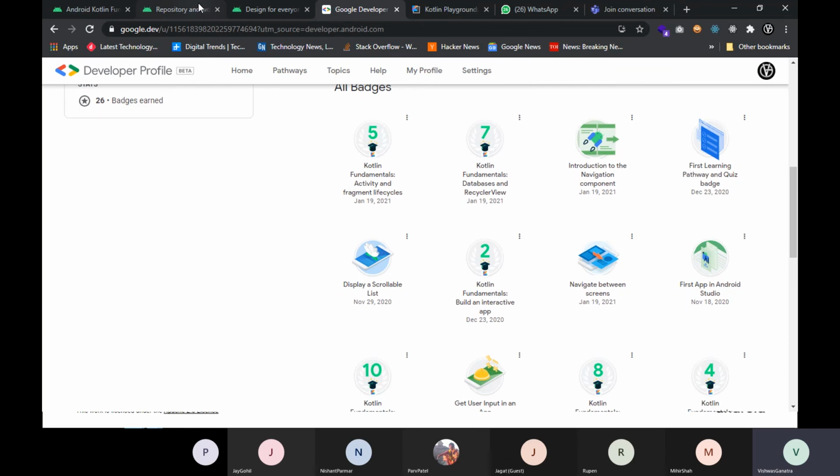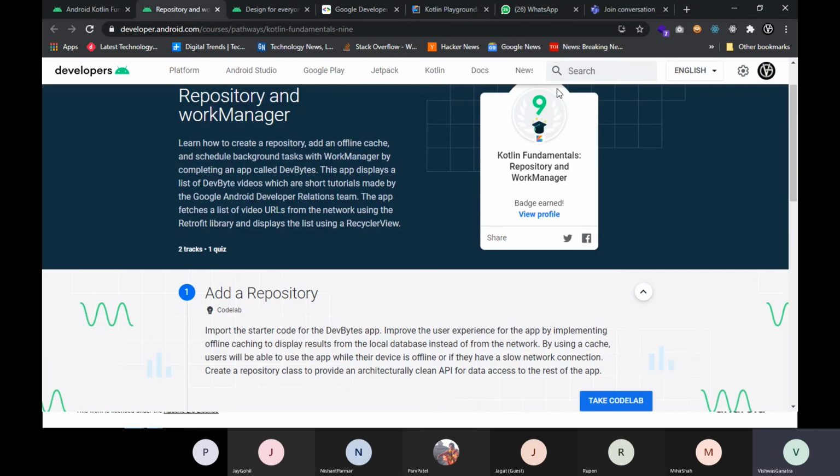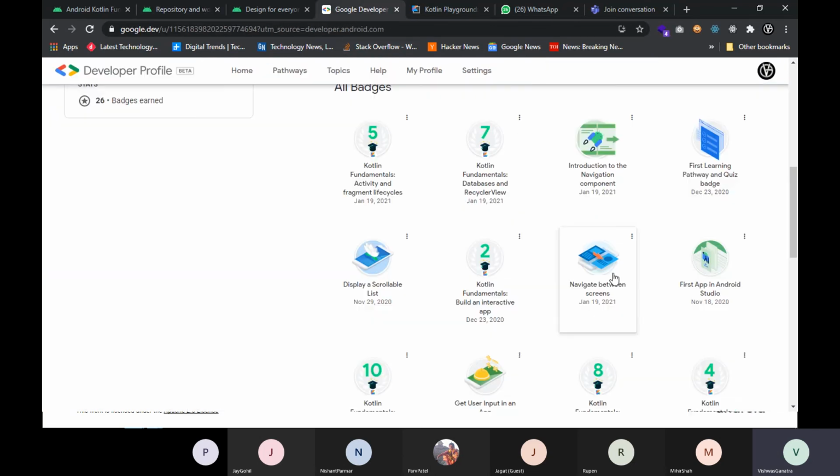Basically, you have to secure a total of 10 badges from unit 1 and unit 2 of the second track, that is the prior programming experience track, and 6 badges from the first track, that is new to programming. For participating in study jams and getting certified, you have to complete unit 1 and unit 2, because Google has updated the first track and added unit 3 in the first track.